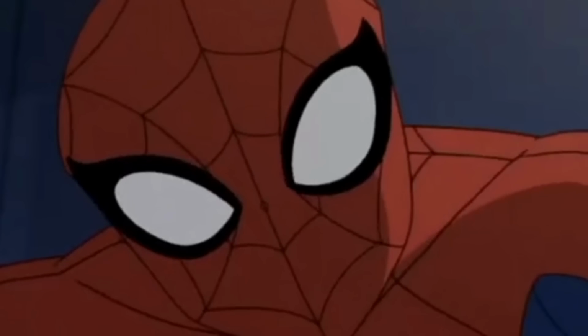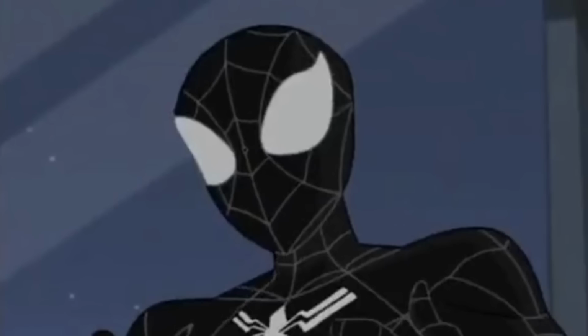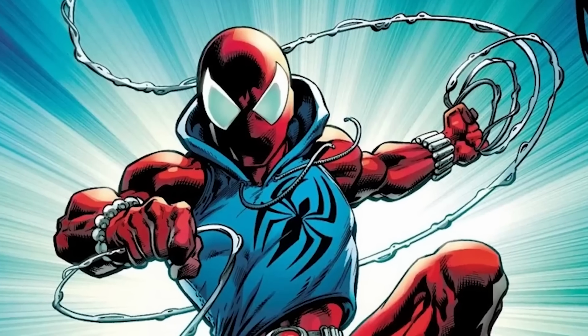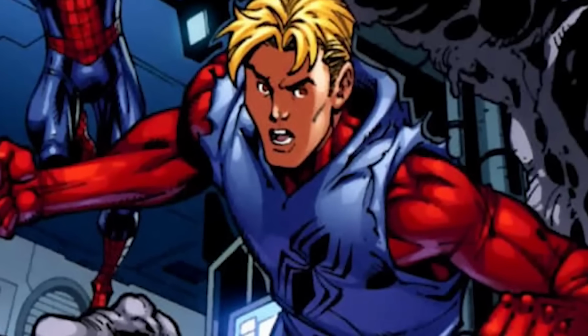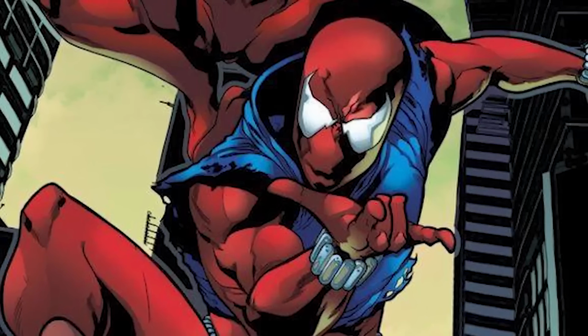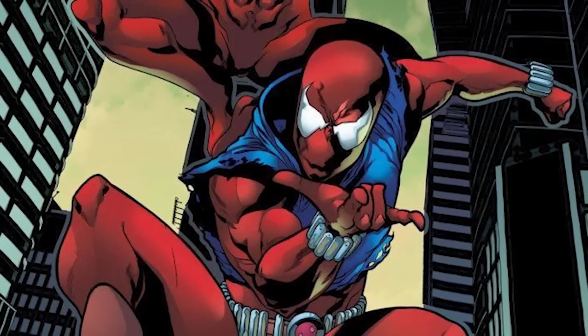Scarlet Spider. He's a fan favorite character who, to the everyday Marvel movie watcher, may not be very well known. There have been more than one person to take up the mantle of Scarlet Spider. The first, who most people would be referencing and my favorite, is Ben Reilly, who first appeared in Amazing Spider-Man number 149. But the Scarlet Spider name has been used by a few others, including Joseph Wade, more on him